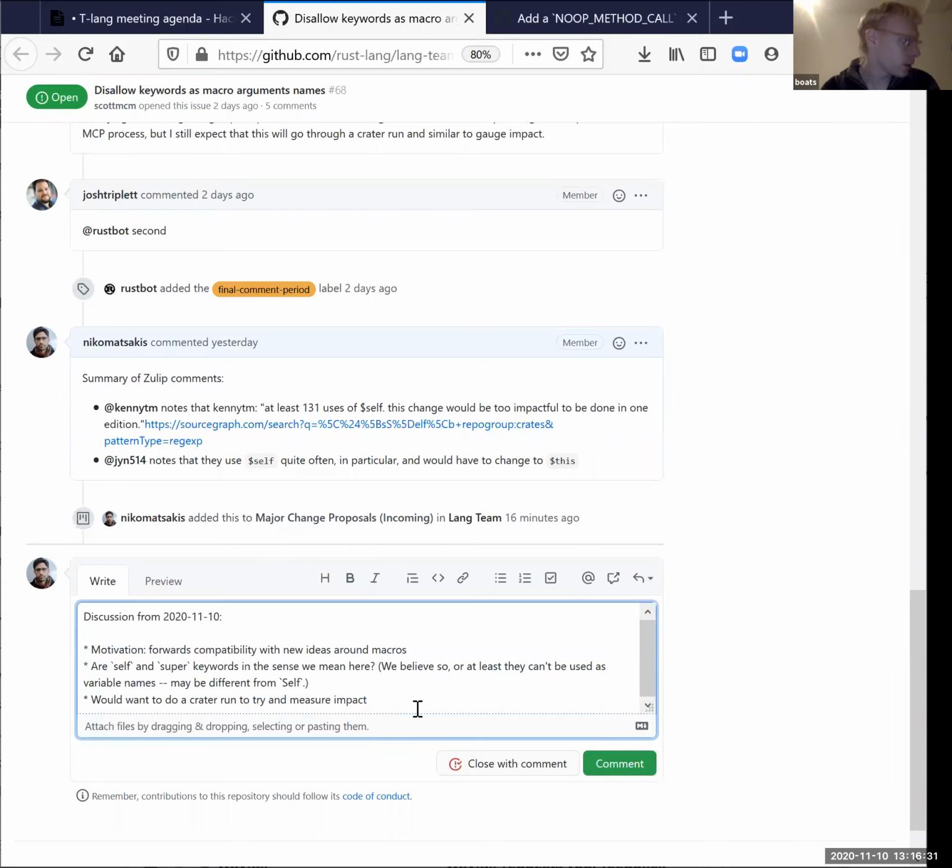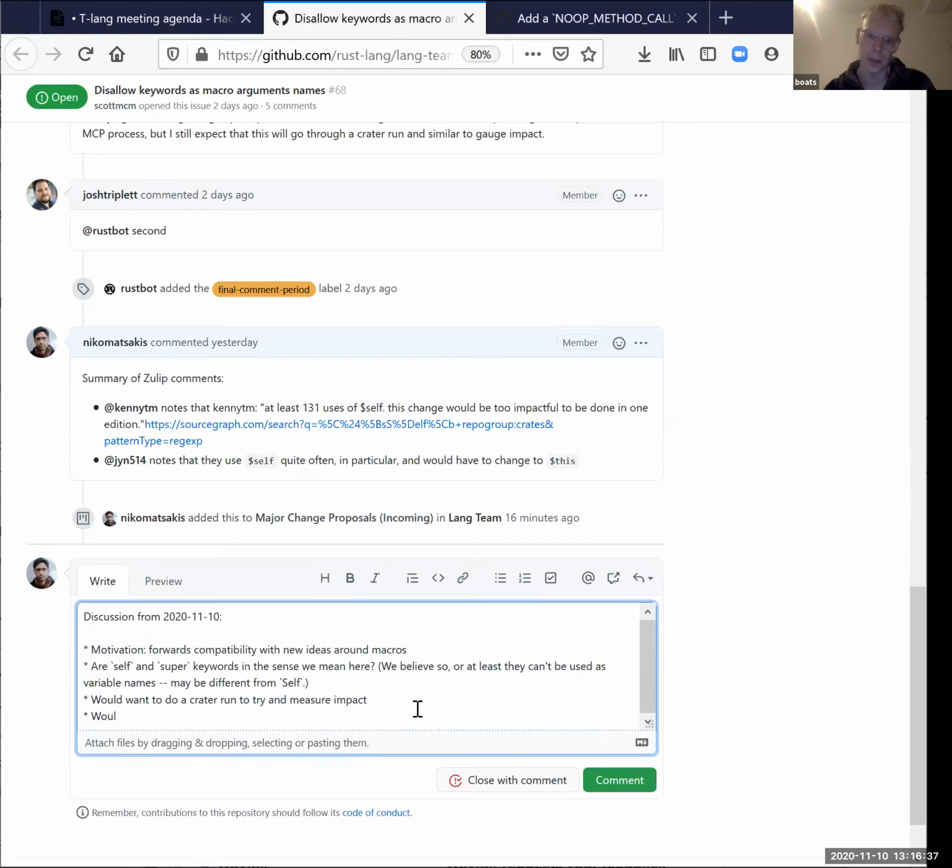Yeah, I think the only thing is that the most likely culprit for a common use is going to be self, because people passing in their method receiver into a macro will probably, I'm pretty sure I've definitely created a macro variable named self. Yeah, there are cases of this. Self has come up on the Zulip thread already of a bunch of people saying, I like using self. Yeah, it looks like searching.